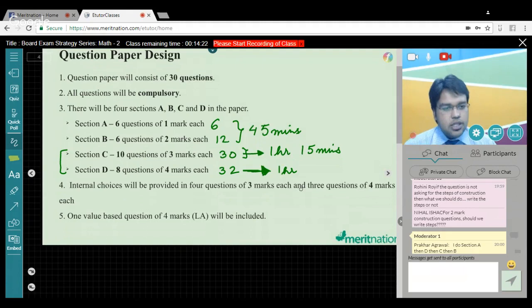complacent. Please make sure you do the previous year papers, the sample papers, and you have your own strategy, you have your own set of understanding of the question paper, right? And you work accordingly. I'll just like to point out one instance. It is about that you have to read the question very carefully. If you do not read the question carefully, you tend to miss out on some vital information, and then things go downhill, right? So you tend to lose out on marks just because of not reading the question carefully.